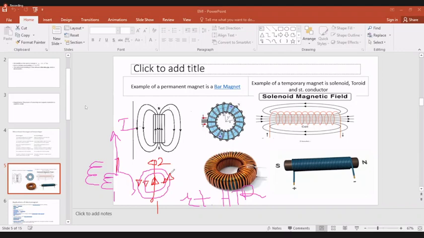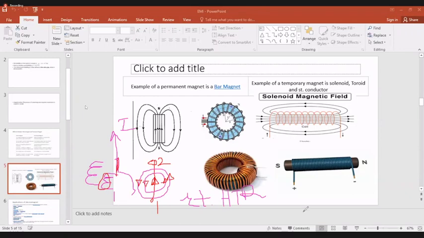You understood the direction of the magnetic field over here? Hold the conductor in the right hand. The rounded fingers show the direction of the magnetic field, and the thumb shows the direction of the current. The current is in the upward direction. Then the magnetic field lines are anti-clockwise.